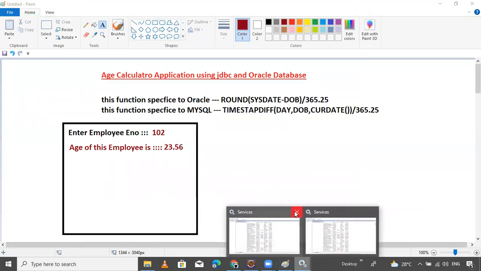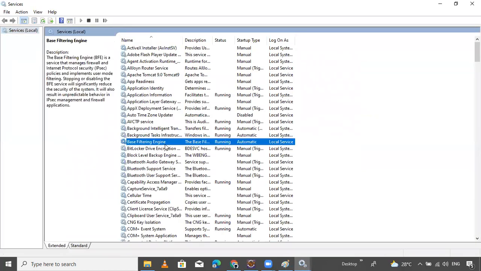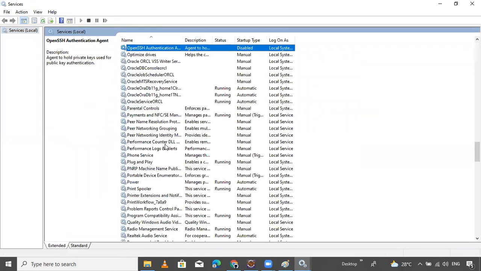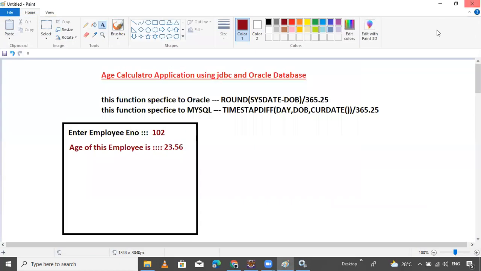Now let's check whether our Oracle service is running or not. Our Oracle service is running, so it's not required to run again. Okay, guys, just open SQL Plus.